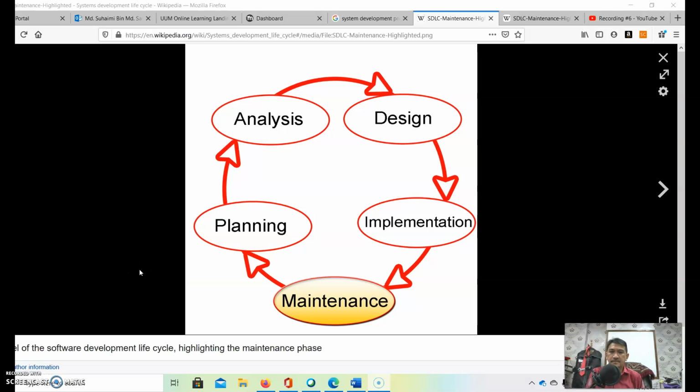Right. After we have designed a system, we will test. We will provide the users with the system so that they can test run and give feedback. Normally they will comment, okay, this figure